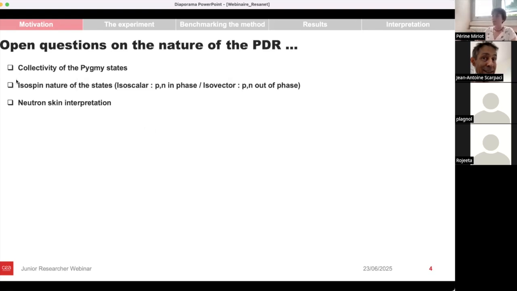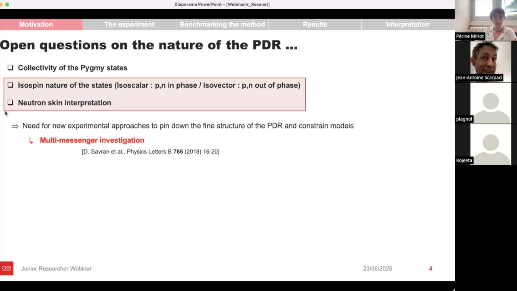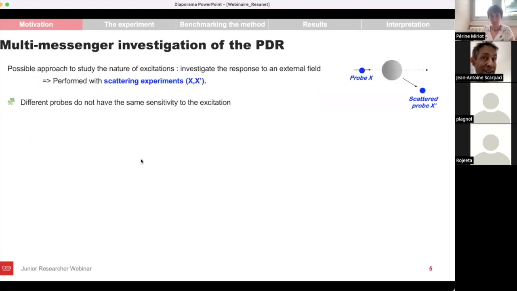And in my PhD work and in this presentation, I will focus on those two open questions, and one experimental approach to try to have more information on these two questions is to use new experimental approaches to pin down the fine structure of the PDR. And one approach is the so-called multi-messenger investigation. So in the multi-messenger investigation, we use